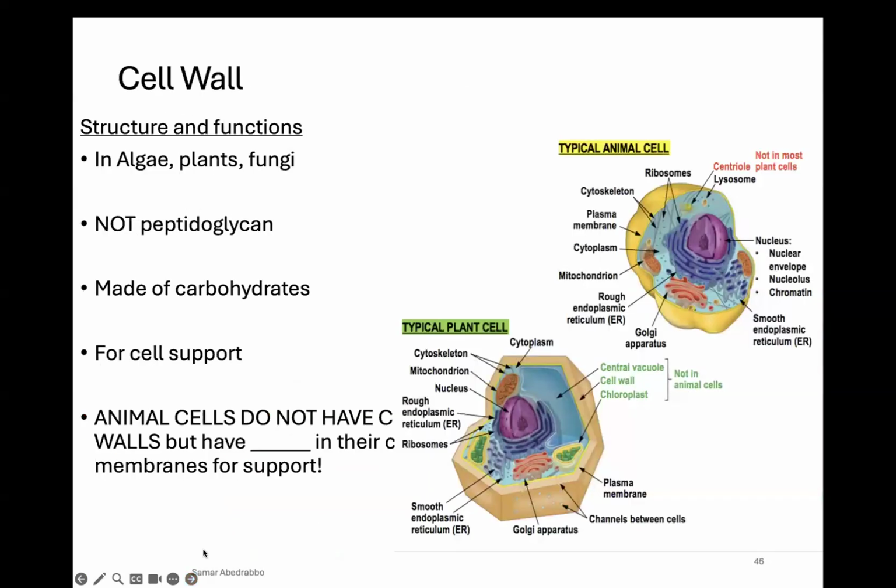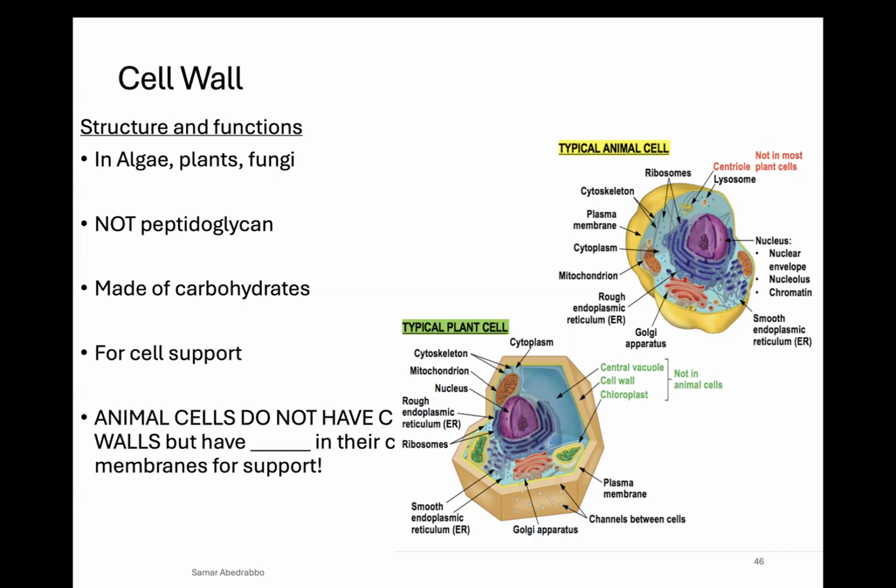Now the cell wall. Some eukaryotic cells have cell walls, but I really want to emphasize that animal cells, meaning human cells, do not have a cell wall. Eukaryotic cell walls are found in plants and algae and fungus, but not in animal cells. And they're made up of carbohydrates, which means sugars. So plant cell walls are made up of cellulose, fungus cell walls are made up of chitin, and yeasts have